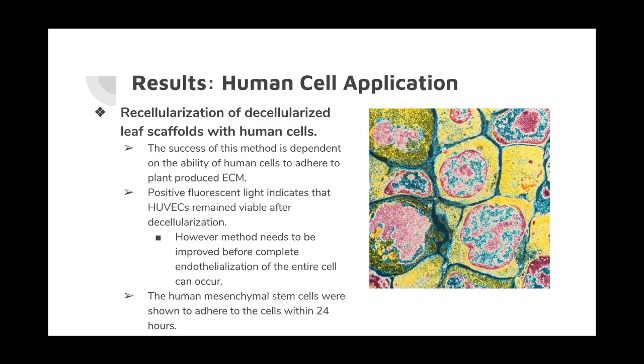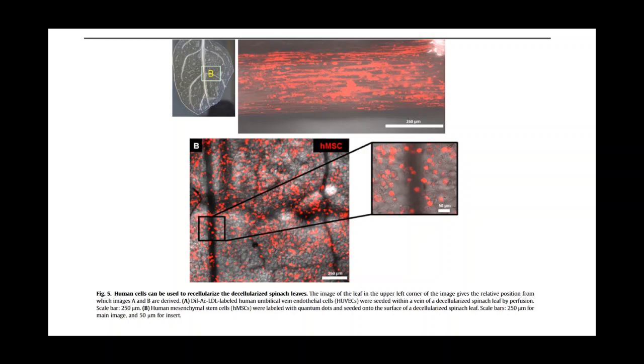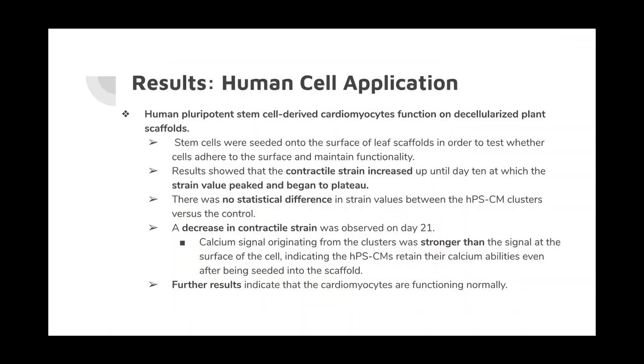Human mesenchymal stem cells were seated on the outer surface of the decellularized leaf. This cell adherence was completely observed after 24 hours. This next figure is an image of human cells being used to recellularize the plant tissue. Further tests were conducted to analyze the functionality of human pluripotent stem cell-derived cardioid myocytes. Results showed that contractile strain increased until day 10, then peaked and plateaued. A decrease in contractile strain on day 21 prompted further testing, which